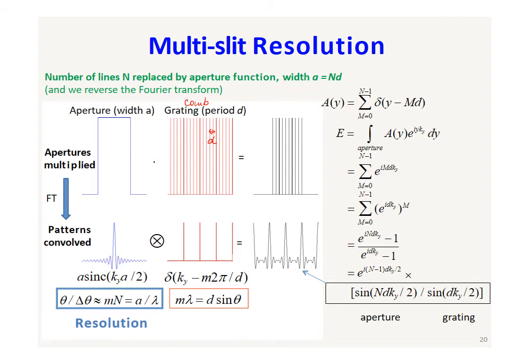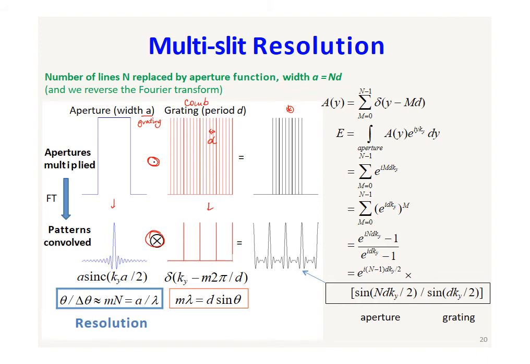Now, to make our grating have a finite width, we're going to multiply it by a large aperture. This width A is going to be the width of the grating. And you can see when we multiply those, we have over here on the right our final aperture function. To work out the Fourier transform of that, we notice that we've multiplied. So if we then take our respective Fourier transforms and convolve them, we'll work out what the Fourier transform is